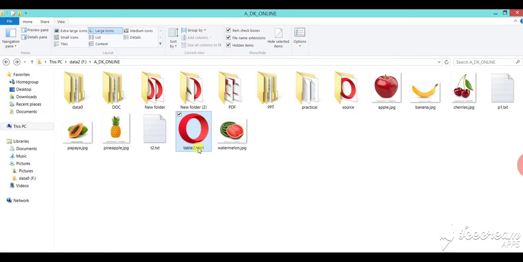Before making another program, you have to store or save some images like apple.jpg, banana.jpg, cherries.jpg, pineapple.jpg, papaya.jpg and watermelon.jpg for making the program. So first of all, you should save this type of images.